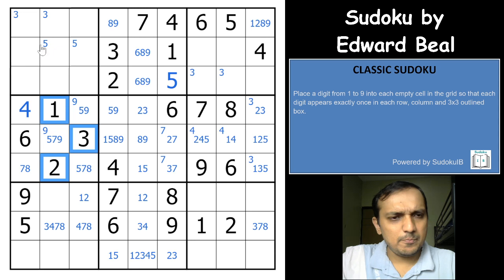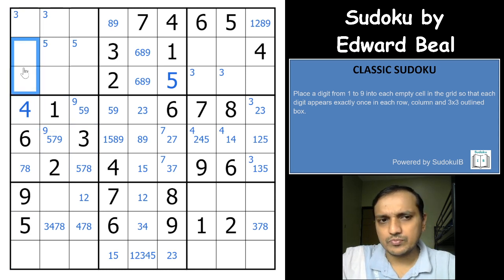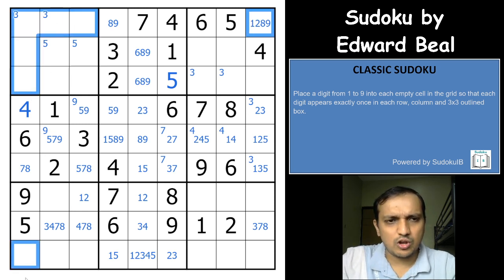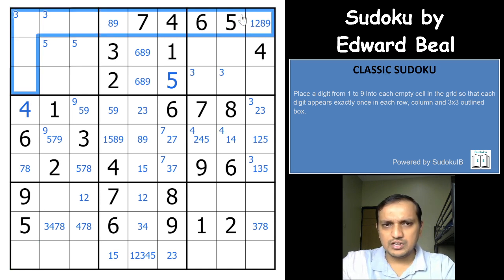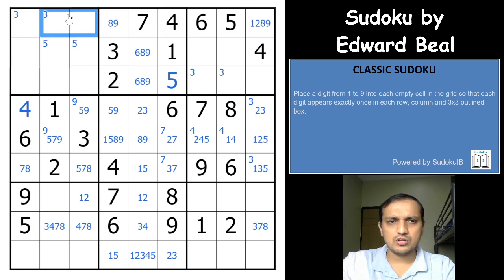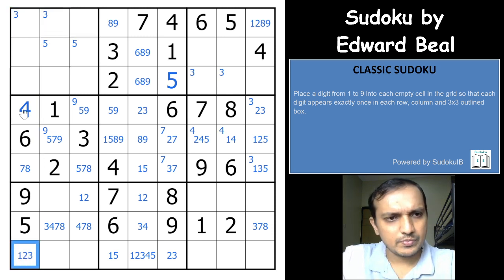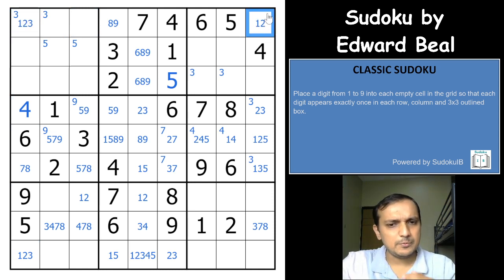So in other words, if you say 1 2 3 in column 1, 2 of the 3 digits cannot be in these two cells. You can have only one of the 1 2 3 in these two cells, to make sure that you can easily fulfill both 1 2 and 3 in column 1 and row 1. So if you have 2 digits out of the 3 in these two cells, you cannot have 1 2 3 fulfilled in row 1, and the same thing goes for these two cells in column 1, right? So this is 1 2 and 3, this is 1 2 3, this is 1 2 3. So 8 9 gets eliminated from this cell,